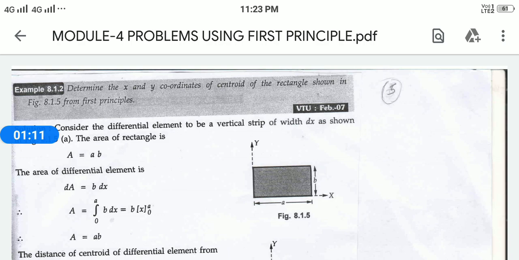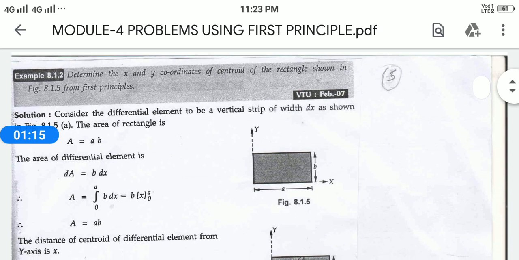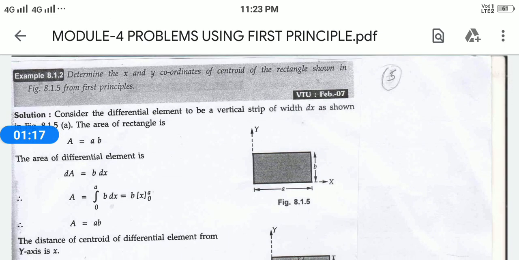There will not be any change because you are going to take and assume the data, and according to that only you are going to do the sums. This is the clear concept. Even for the moment of inertia, you need to do it with the same method. Already I had circulated the theory part of it. In that, the moment of inertia using your first principles is also included, and the formula is also there.